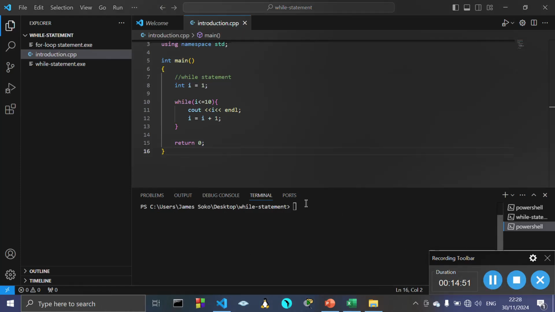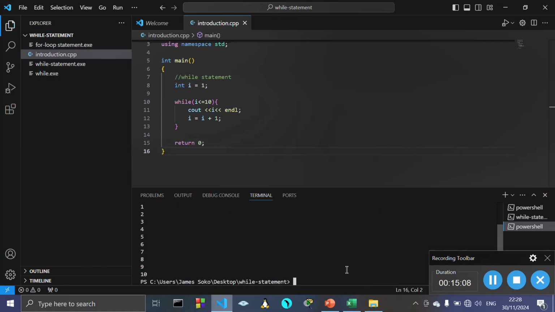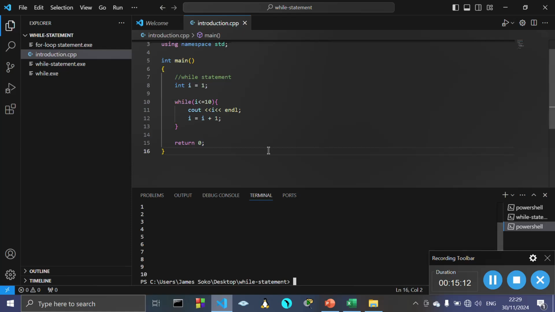Okay, so I'm sure the program is just running somewhere, so let's just create another file with a different output name, just say wow. So let's run this executable file. As you can see, it's counting from 1 to 10,